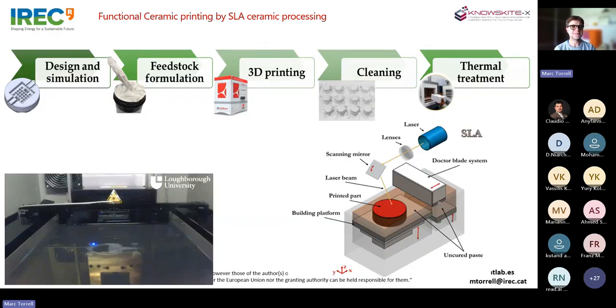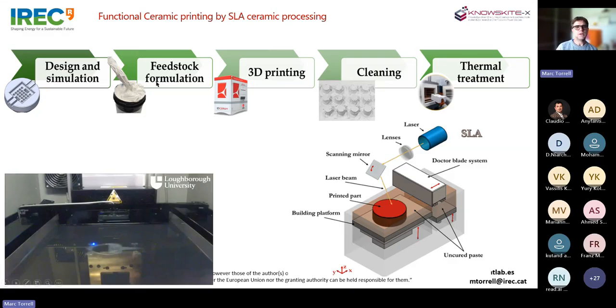We start with the design coupled with simulation. You will see that in ceramic additive manufacturing, we have infinite possibilities in the geometry. So we try to couple our first design step with simulations to know that what we are proposing is worthwhile and is giving us an advantage compared with the conventional planar technology, or planar architecture, of solid oxide technology.